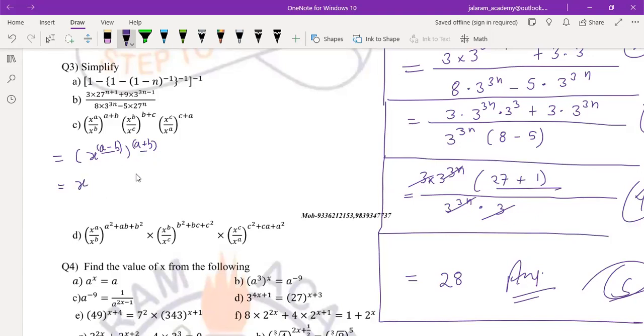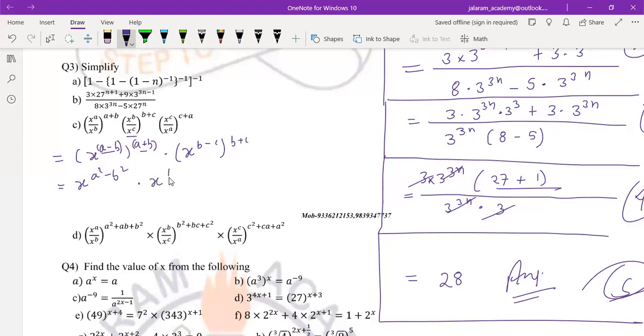Formula for a minus b into a plus b: a square minus b square. Similarly, the second term x to the power b upon x to the power c is x to the power b minus c whole to the power b plus c. They will also be